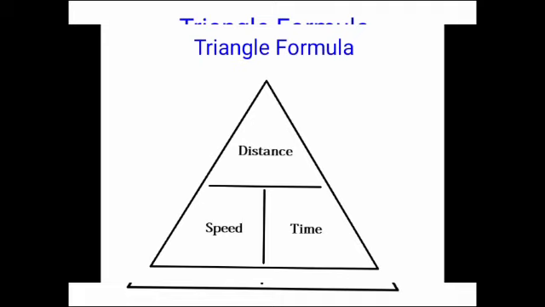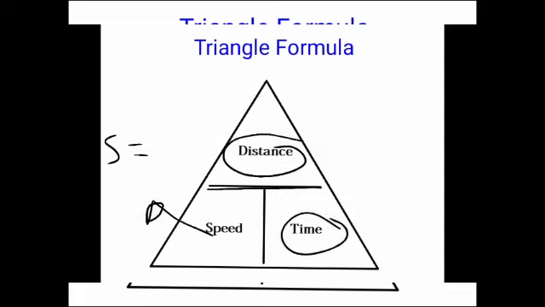So you can see how the triangle is formed. This tells us that if you were requested to calculate speed, you use this triangle to formulate the formula for speed. Therefore, you pick speed, because it's what you've been asked to calculate, is equal to, then you look at the ratio. We have distance over time. So you say distance over time, and that's how you get the formula for speed.